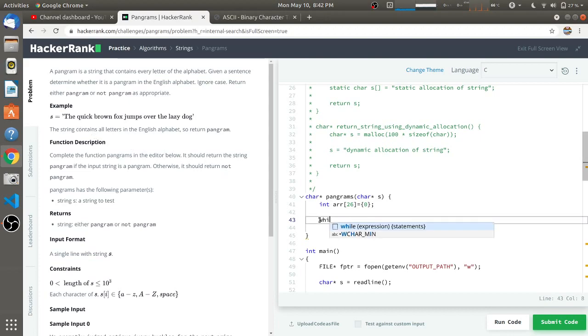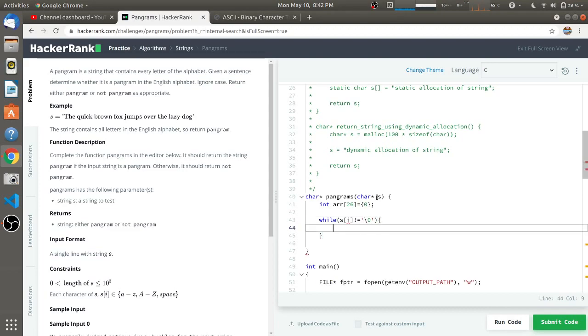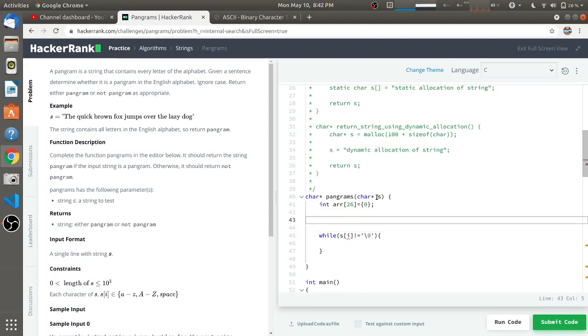For that I'll use a while loop, and I'll start this while loop with the first character of the given string S, which contains the sentence we have to check, and I'll traverse this string till the last element, that is the null character, \0. To use this I, firstly I have to initialize it with 0, that is int i equal to 0.